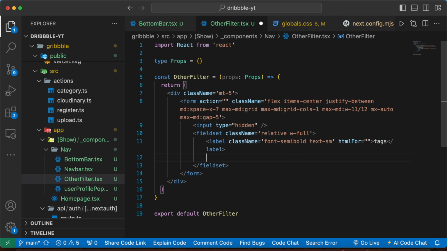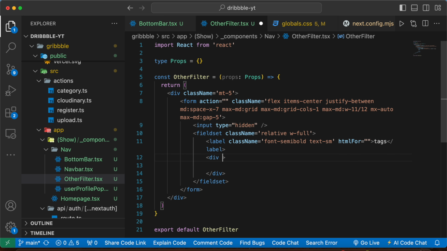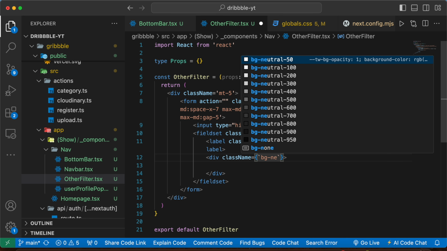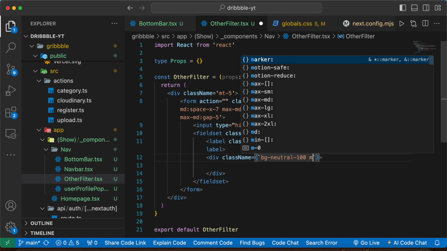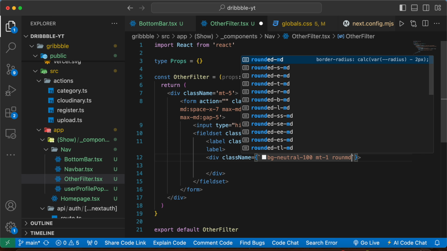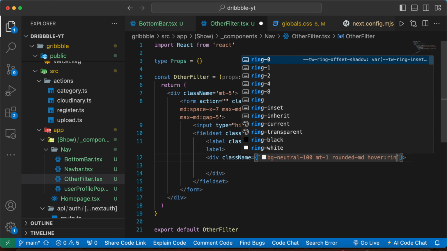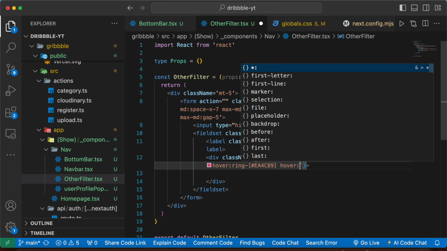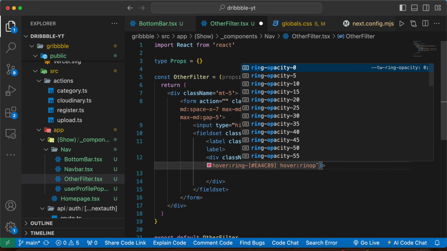After that, add a div here, add a class name of bg neutral of 100 mt1, rounded MD, hover ring 2, hover ring specific color, so color will be, and hover ring opacity will be of 50,